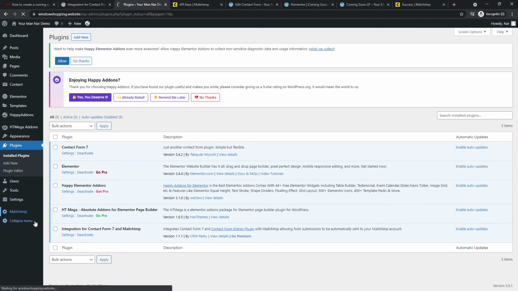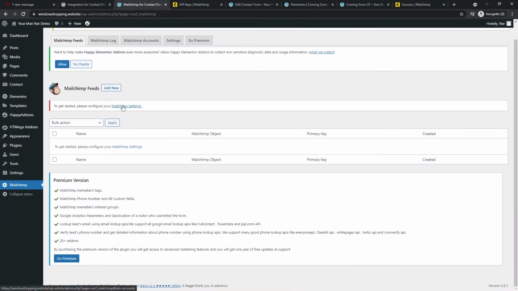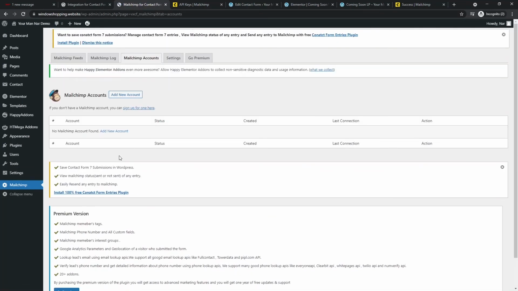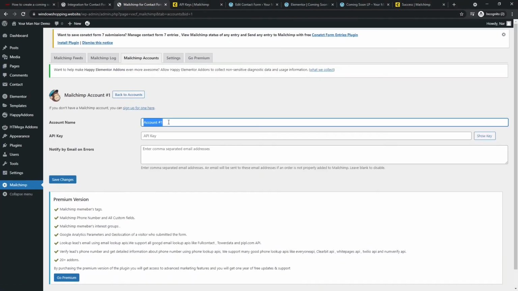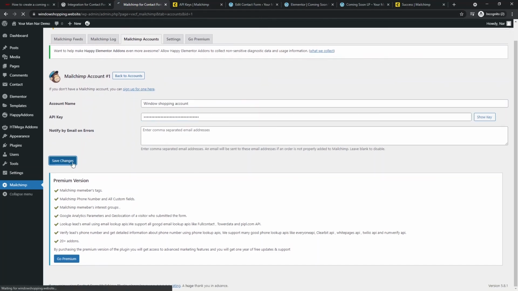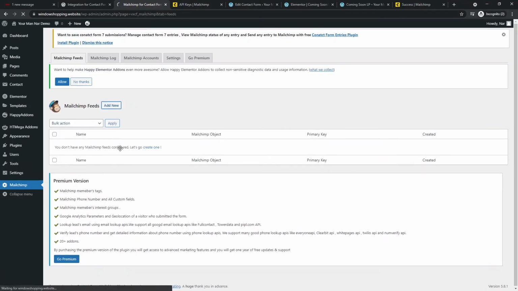Mailchimp. We come in here, please configure your Mailchimp settings, add new account, window shopping account. This is the API key that I just took, save changes. Now we make the integration between Mailchimp and our Contact Form 7. Now we go to Mailchimp feeds. We create a feed,